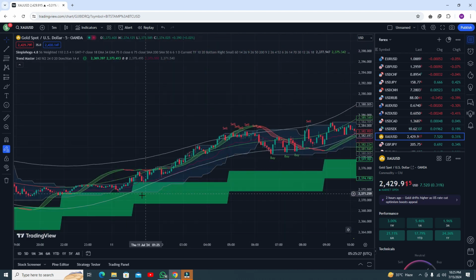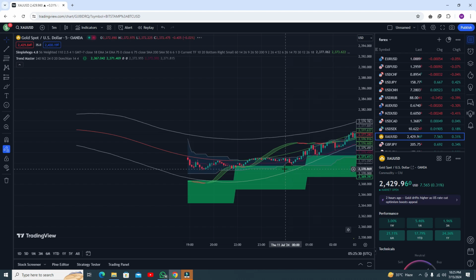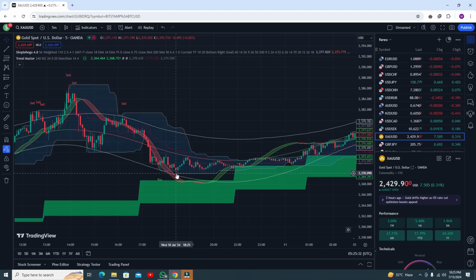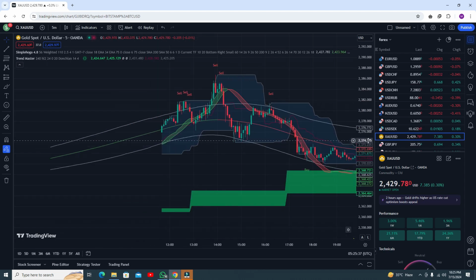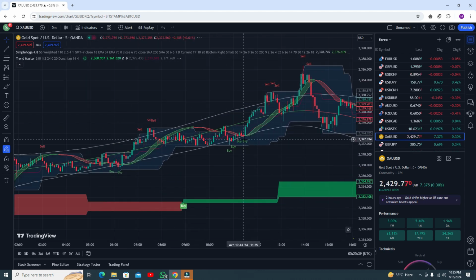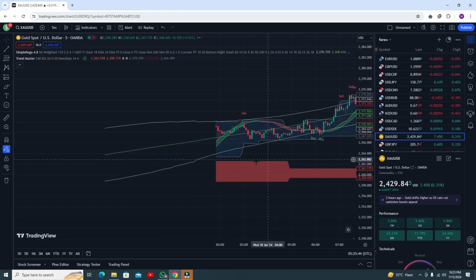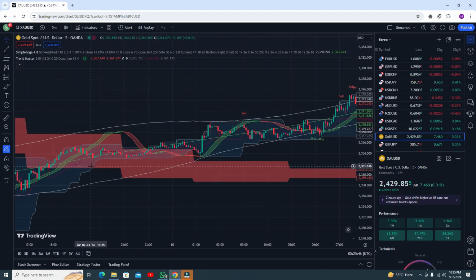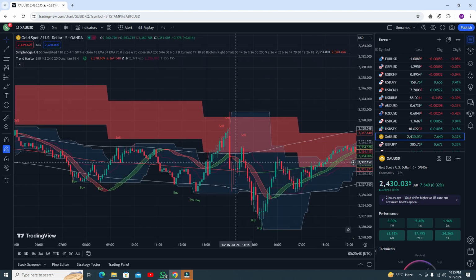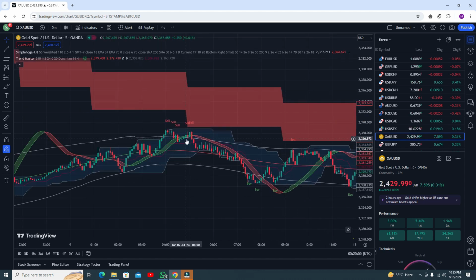Let me show you some other results here. Here you can see you can go for the buy trade, and it gives you some awesome profit. Here you can go for another buy trade, and it will definitely give you some awesome profit. Okay, now the trend is red, you have to follow the sell signal. You can see you got the sell signal, you got the profit. Here you can go for the sell trade, and you got another sell signal and profitable, another sell signal and profitable.